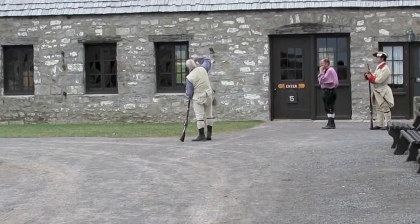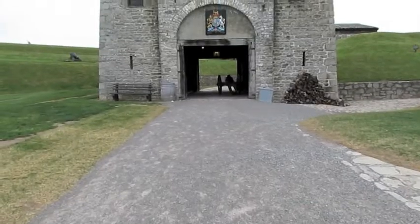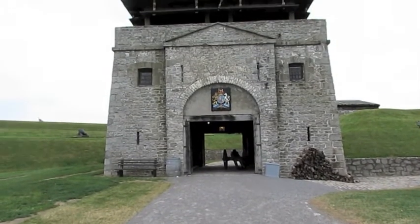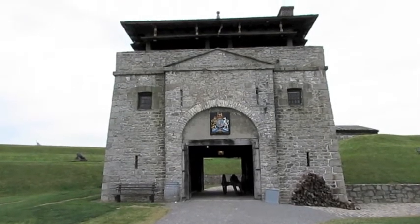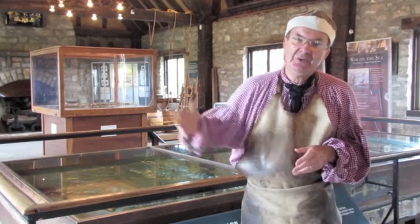of over 300 years. Once you enter the fort, the first building you're going to come to is the South Redoubt. That was built in 1770 by the British, and it's actually considered a fort because about 20 men could live on the second story of that and defend the area from the